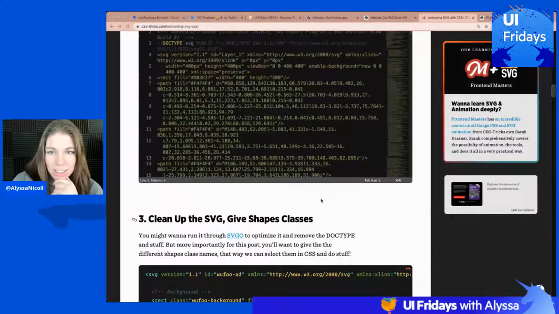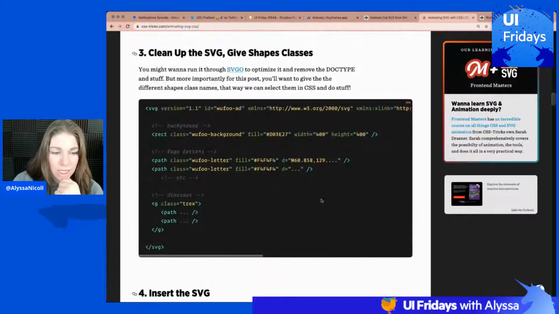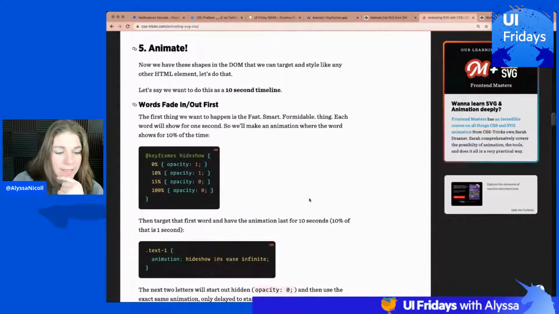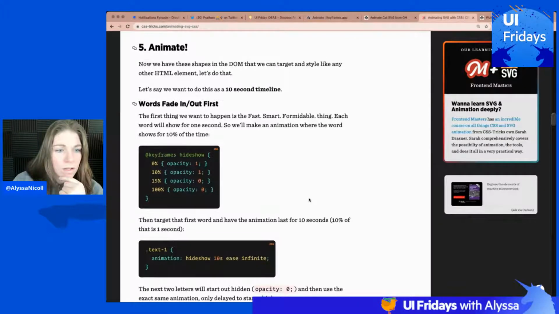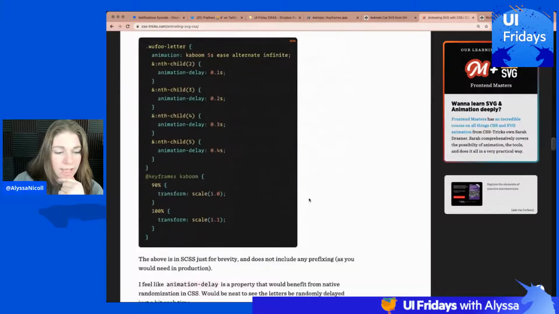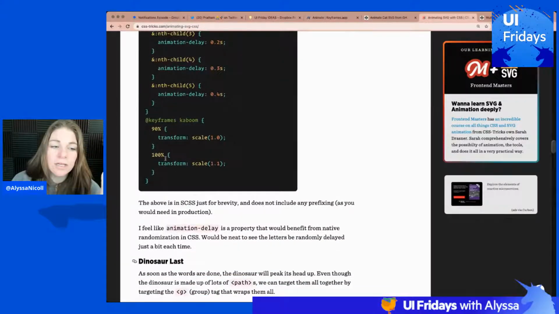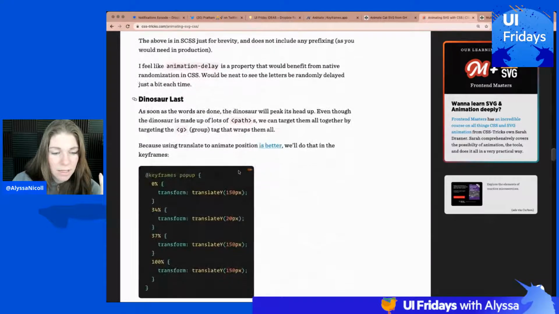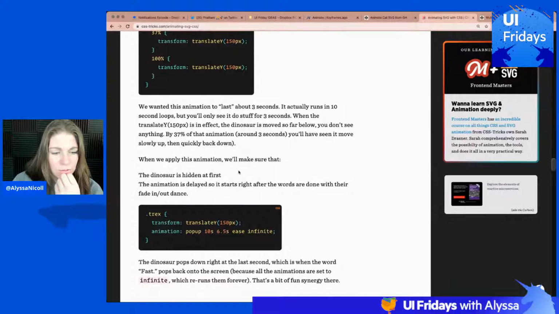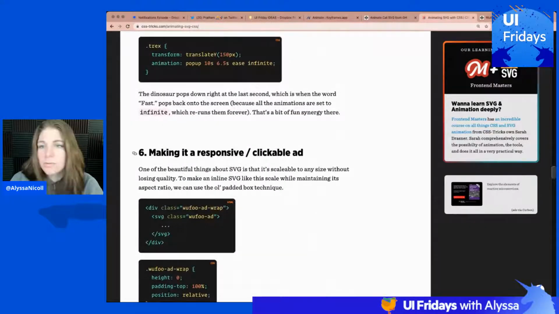Yes, double checking chat, making sure nobody has any burning comments. Insert the SVG and animate. Here we go. So I wanted to see if they actually talk about the SVG attributes, because you can do things like transform scale, but I know specifically with paths, if you want to change the color, you have to use stroke. So I'm trying to find a list of attributes. This might not be